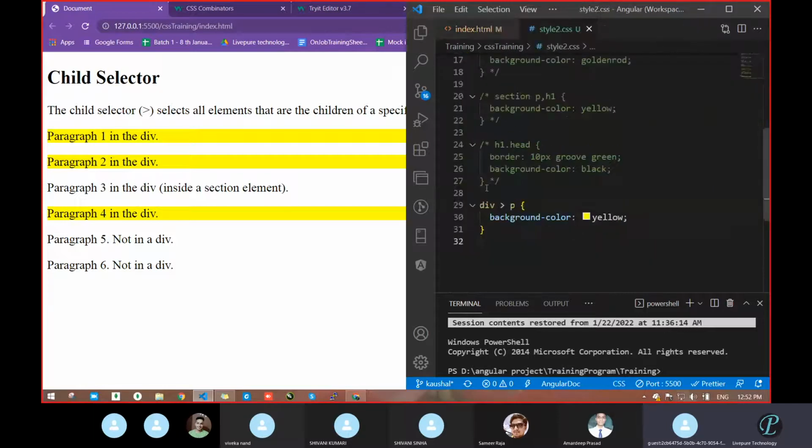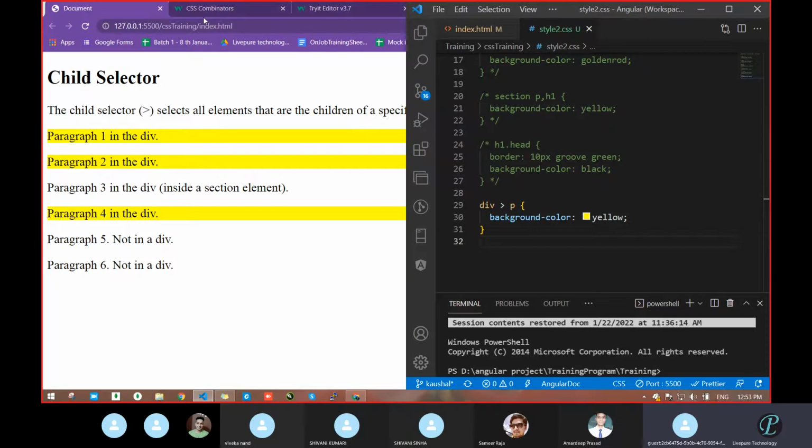So see what we did in this case. First go with a style. What had we done? Div and P. And one thing: in a simple selector, how did we relate different selectors? With the help of what? In a simple selector, a comma, correct? In the case of a descendant selector, how did we make the relation? With a space. So now in the case of a child selector, child means greater than. With the help of that greater than symbol, we make the relationship in the child selector.